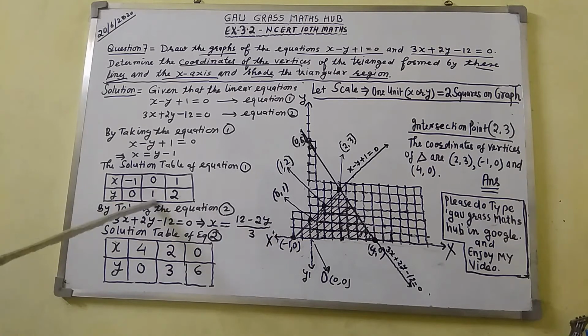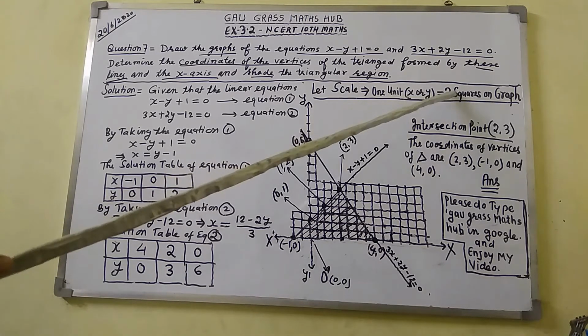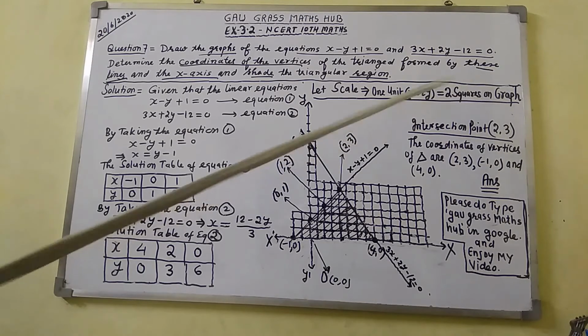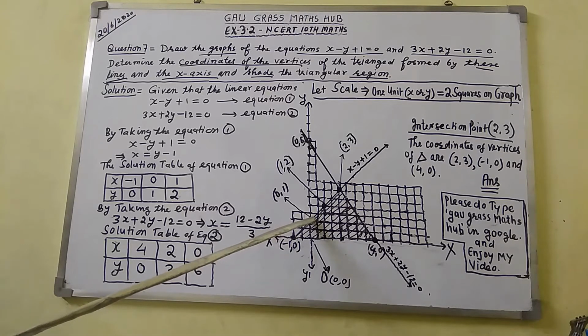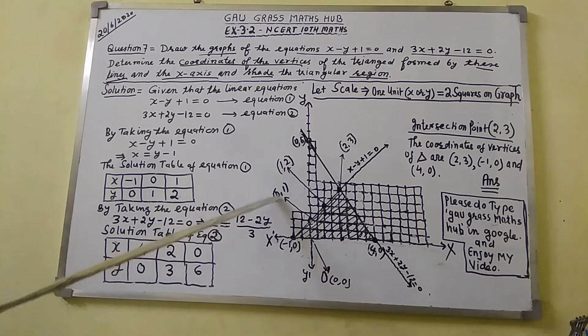Here y equal to 1 unit is there, so you will take 2 squares on the y-axis. I have just counted here, this is the origin, 1, 2. I have counted 2 squares along the positive side of the y-axis. Since the value of x is 0, this point will lie on the y-axis itself, not on the x-axis. The coordinate of this point will be 0, 1.